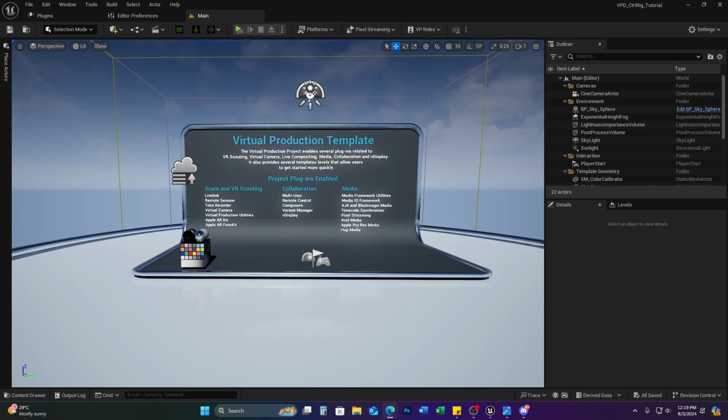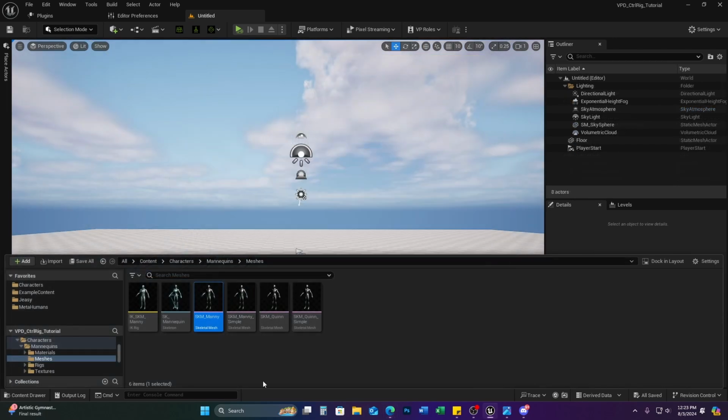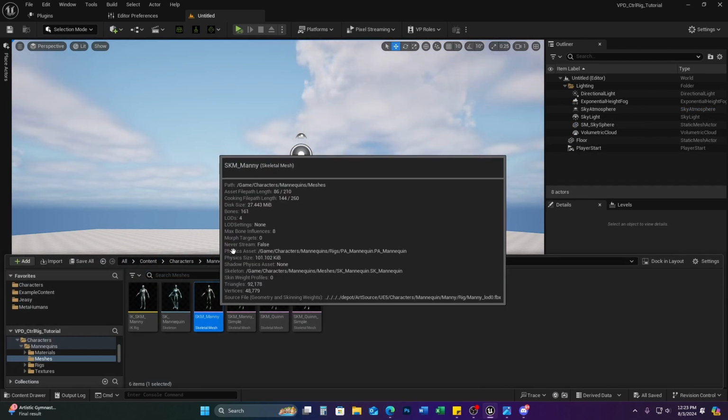Reallusion character creator characters or digital humans that now are compatible with the metahuman control rigs that come pre-built with metahumans. We will also look at how the new layered control rig system works and how we can use that for non-destructive workflows. So here we have